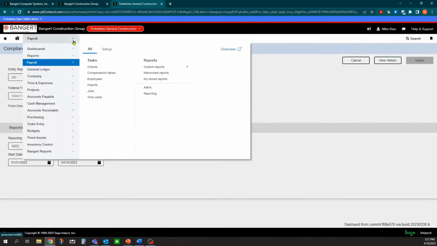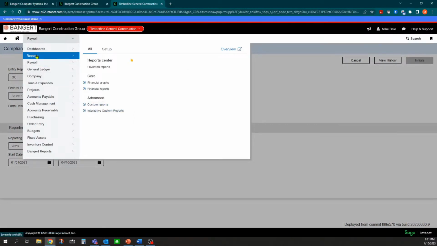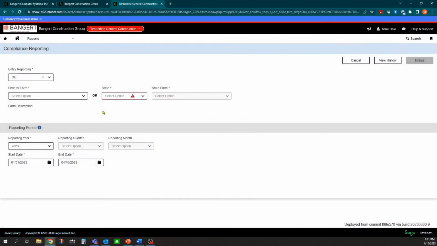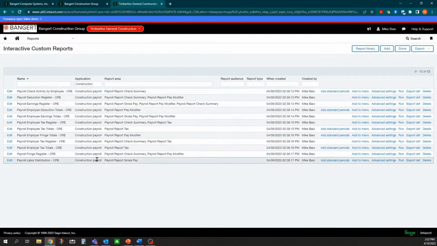In addition to that, you can also run the reports directly from the reports application in the software. And underneath reports, you could go directly into the area that the report was built. So for example, if I want to go into the interactive custom reports, I can click on that there, and this is going to show you the reports for all the area in the system. You could sort by name. Any one of these filter fields, you can start typing in the beginning of the application and click enter, and it will filter out those reports.